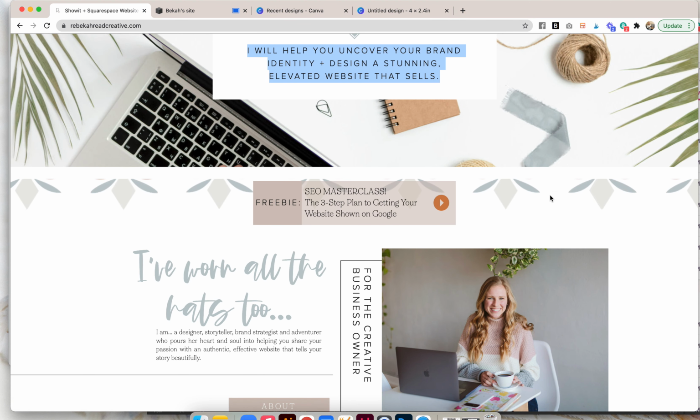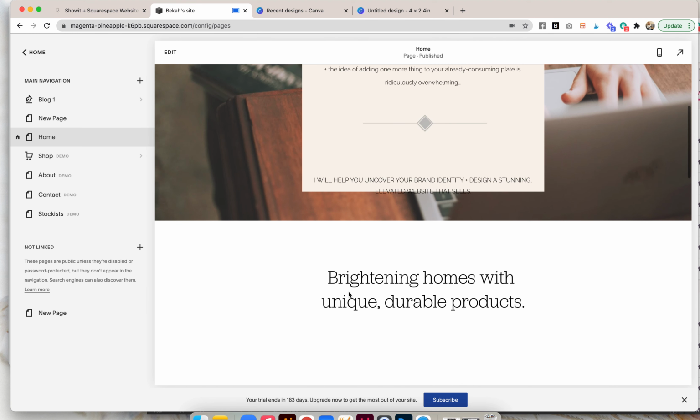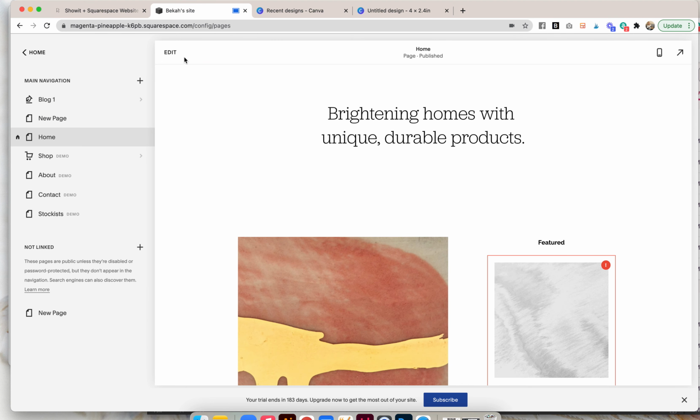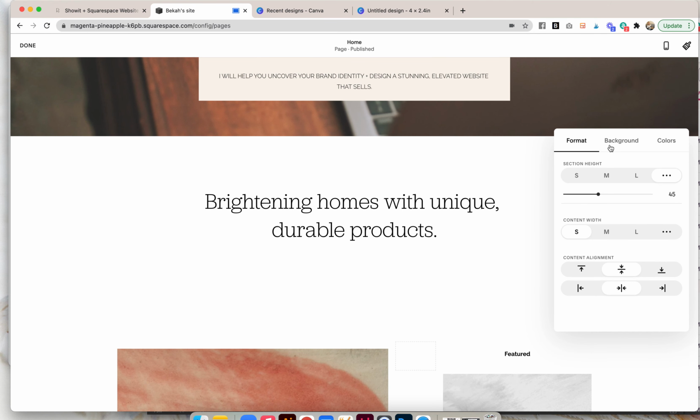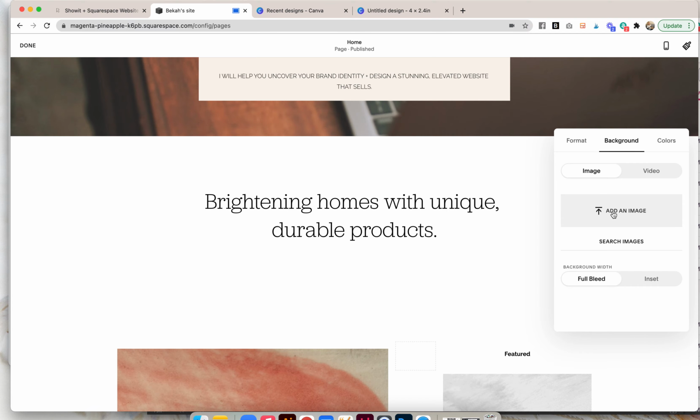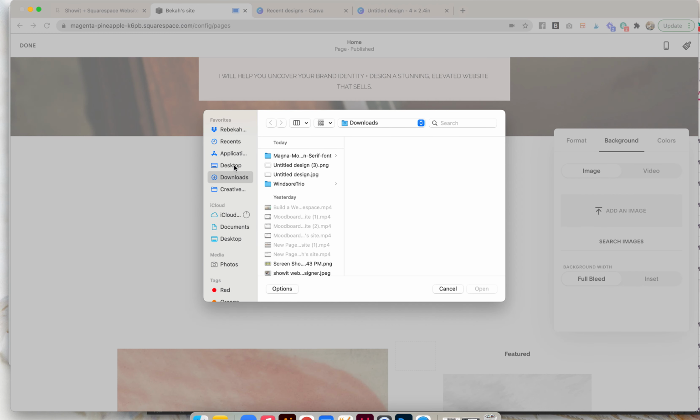Okay, so this is a design that I created outside of the platform. So we'll just go ahead and put that as the background, if I can find it.